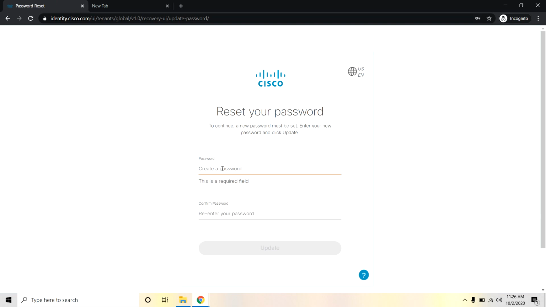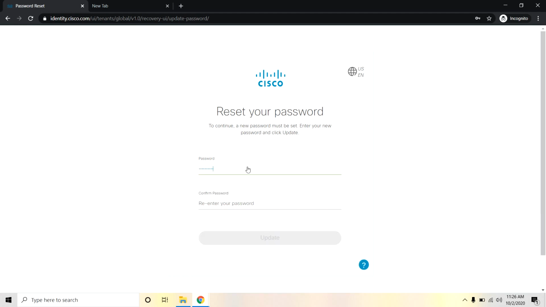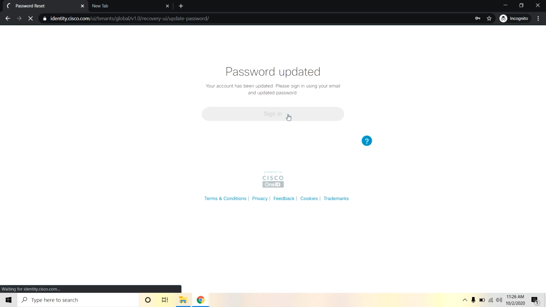Then you can create any new password and update it. This is the process whenever you forget the password. Now sign in.